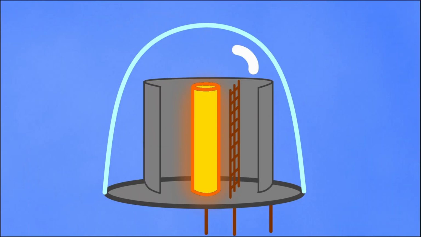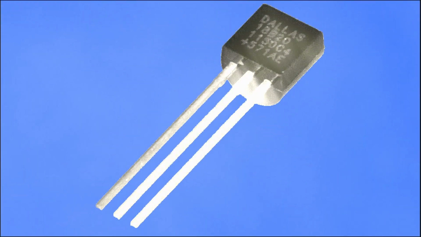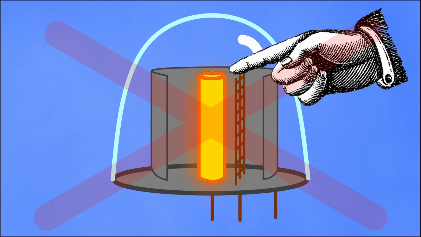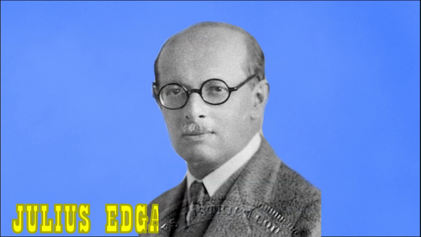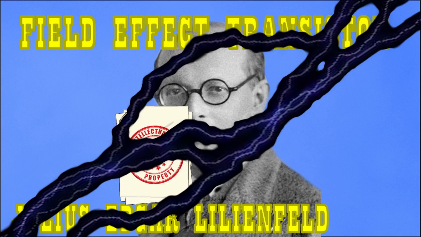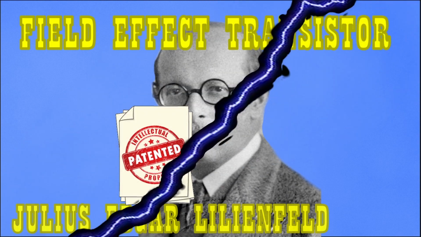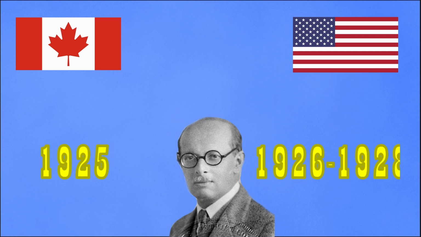The vacuum tube is a very fragile and power-consuming device, however, a far cry from our modern transistors. Its use of thermionic effects is not the most efficient way to control the current. That's why an Austro-Hungarian physicist, Julius Edgar Lilienfeld, patented a field effect transistor, which uses electronic processes instead of thermomechanical ones, as a suitable replacement, first in Canada in 1925, then the US in 1926 and 1928, but his lack of working prototypes or research papers meant that the field effect transistors wouldn't see the light of day for another